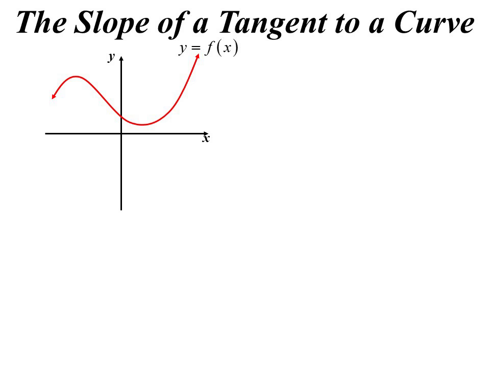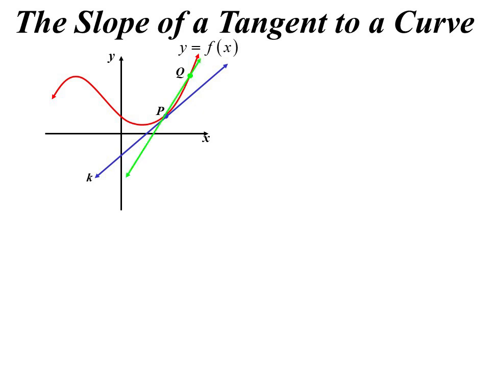So back to the gradient function, how we're finding the slope of a tangent to a curve. We saw how we could do it for lines and semicircles, but that was very limiting. We want to be able to do it to any curve. So here's a random curve. If I want to find the slope of that tangent at the point P, we said we could estimate it